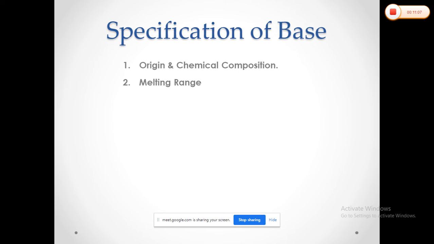We have studied melting points, at which your solid material turns to liquid form, right? So the melting range means that at a specific temperature your base will start to melt, and at a specific temperature the base will be completely melted. So it is called the melting range. Most of the fatty suppository bases we are considering are complex mixtures of triglycerides, and sometimes they don't have a sharp melting point. That's why this melting range is given.